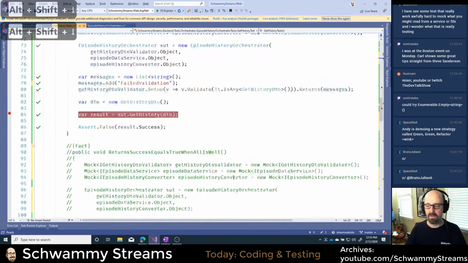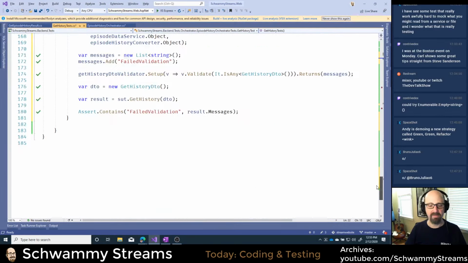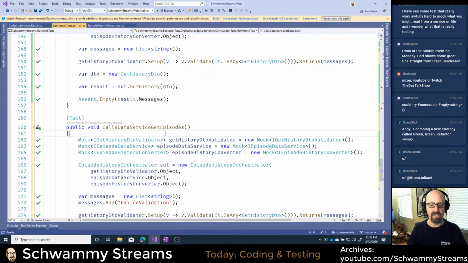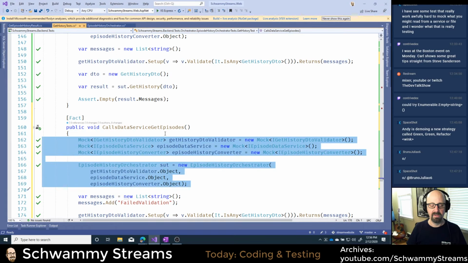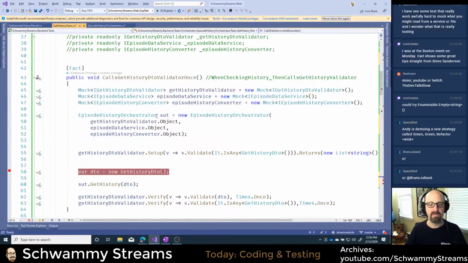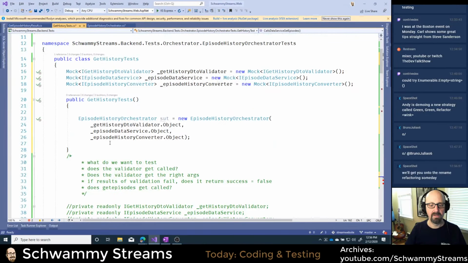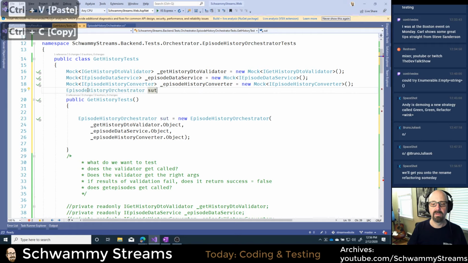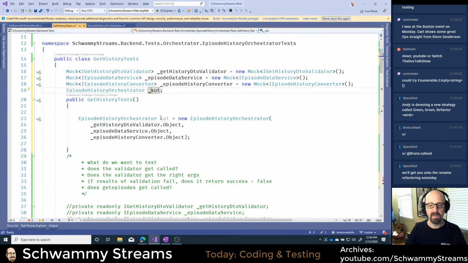And now, if I go down to my bottom case, I'd obviously have to clean up these other ones. I can get rid of this, I can get rid of that, but I forgot to make the system under test, this thing needs to go up here too.